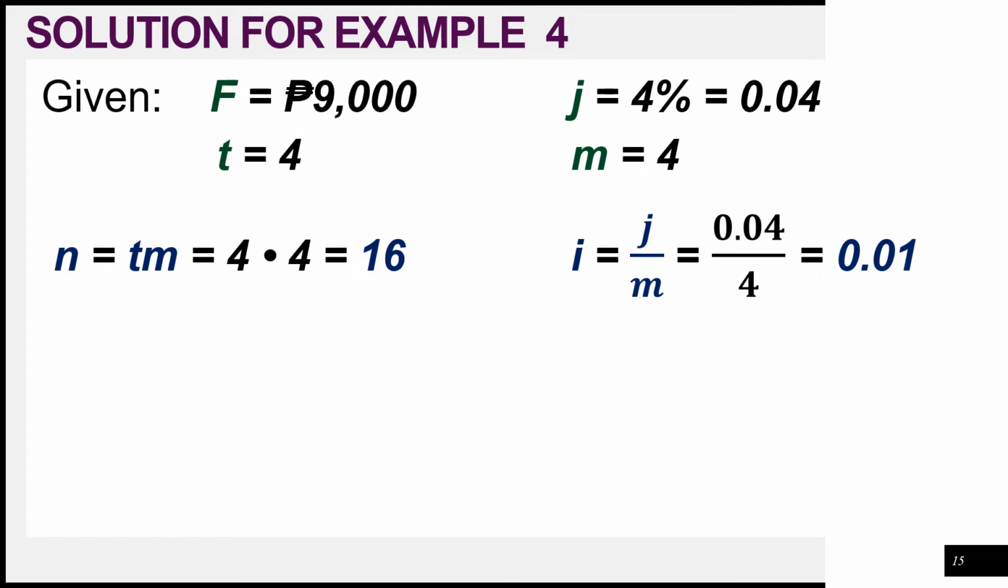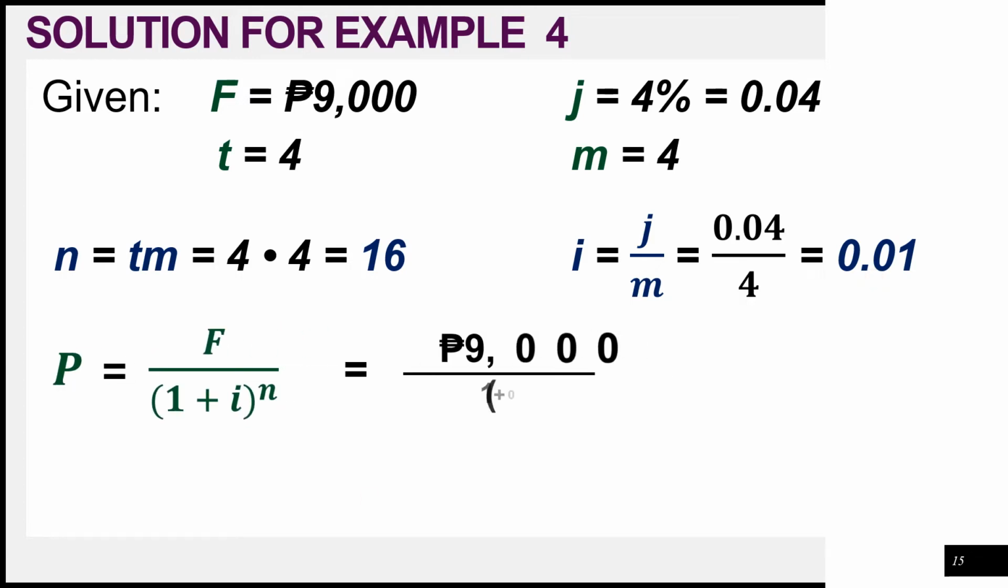Our n is equal to t, which is 4, times m, which is also 4. We get 16. And for the i, we have j divided by m, or 0.04 divided by 4 is equal to 0.01. Now, with this given data, we are going to solve. Since we are solving for the present value, then we have this formula. P equals F divided by the quantity of 1 plus i raised to the power of n. Substituting the values, our F is 9,000 divided by 1 plus our i, which is 0.01, raised to the power